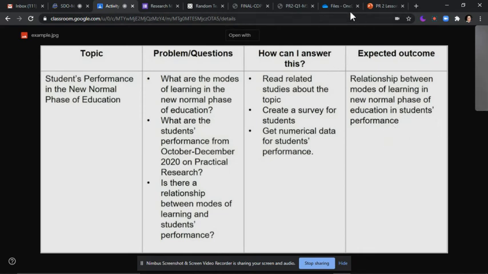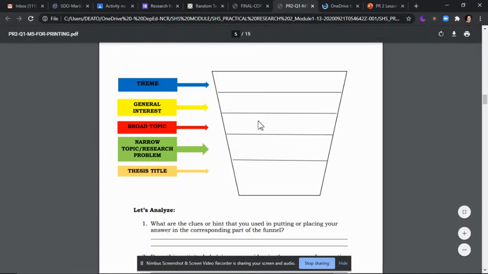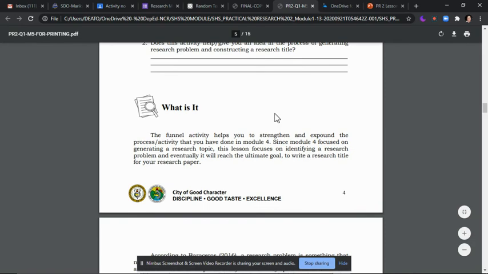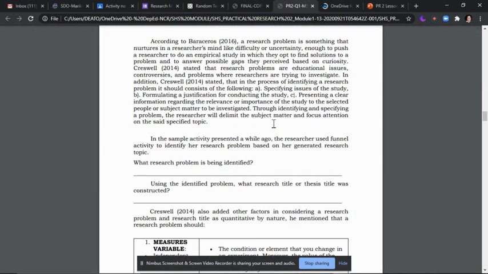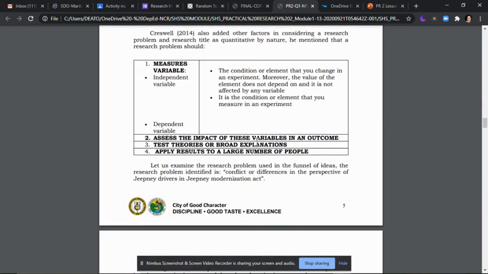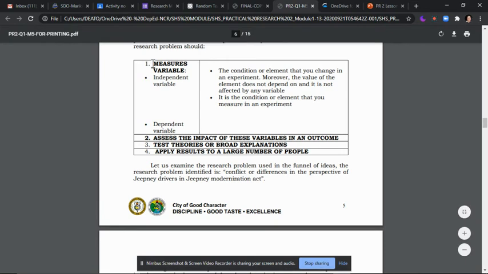Example. So, kung mapapansin ninyo, ganun lang siya kadaling buuin, at nandun din yung presence ng inyong independent at saka dependent variable.